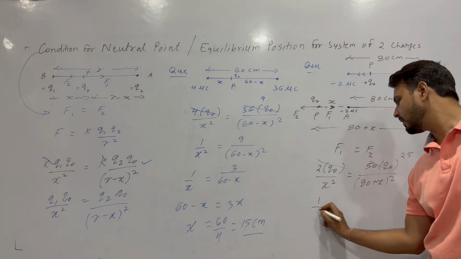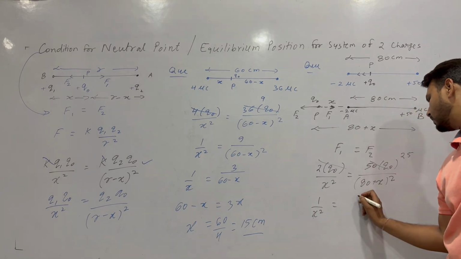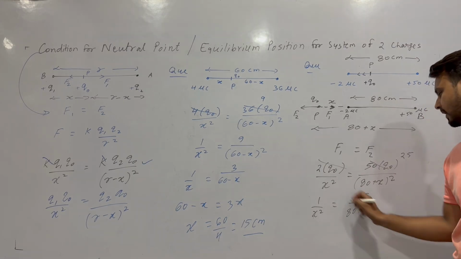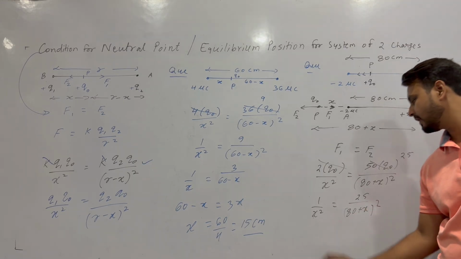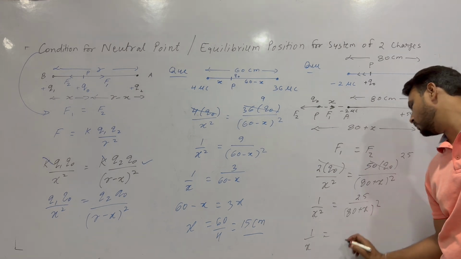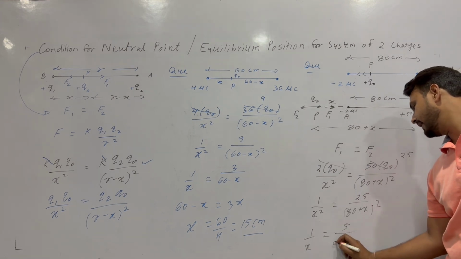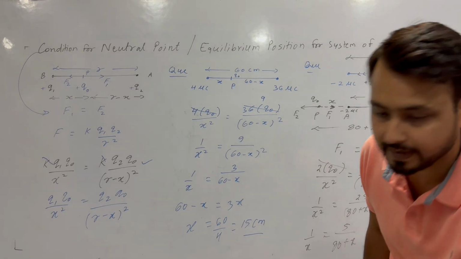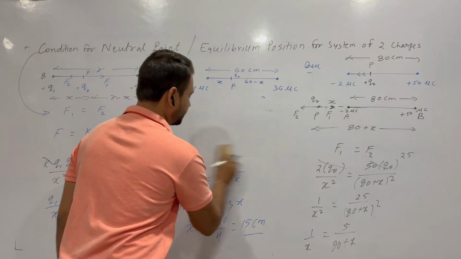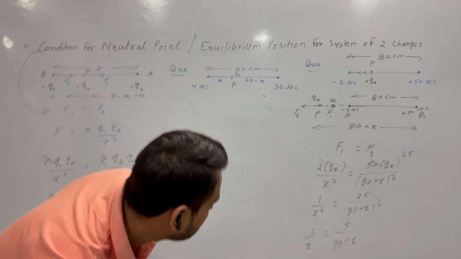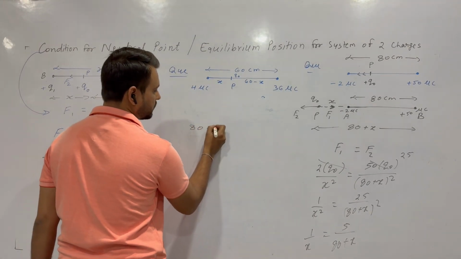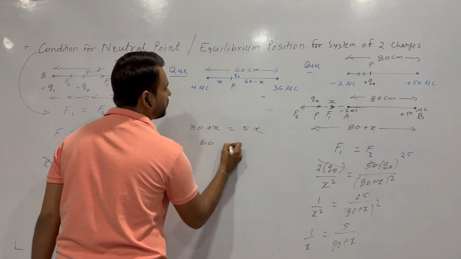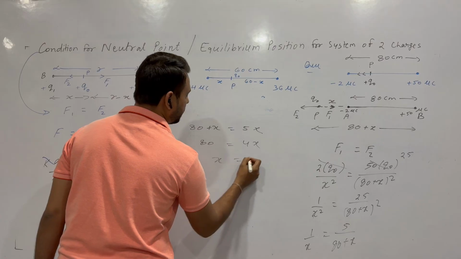Now the remaining will be 1 by X square equal to 25 divided by 80 plus X whole square. Taking the square root of both sides, we get 1 by X equal to 5 divided by 80 plus X. Further solving, we get 80 plus X equal to 5X. So 80 equal to 4X, and X will be equal to